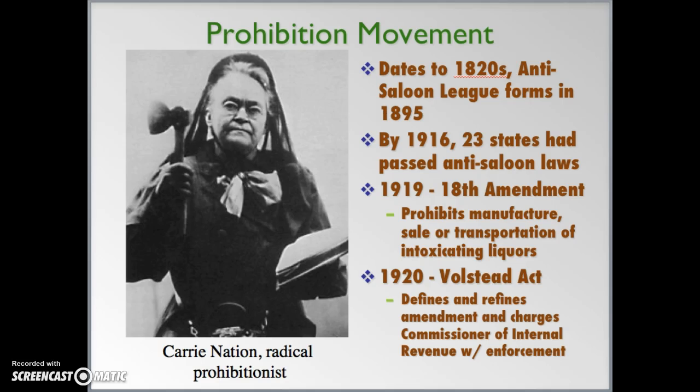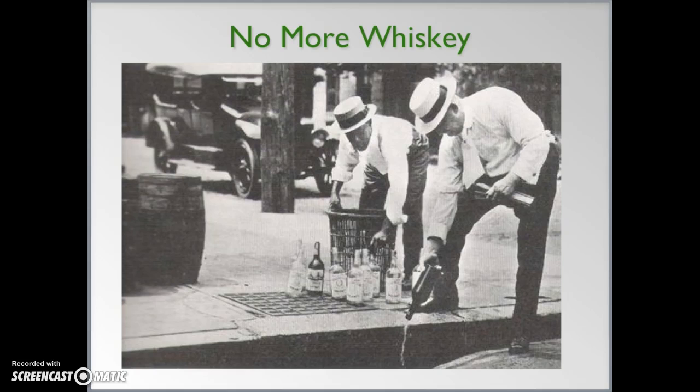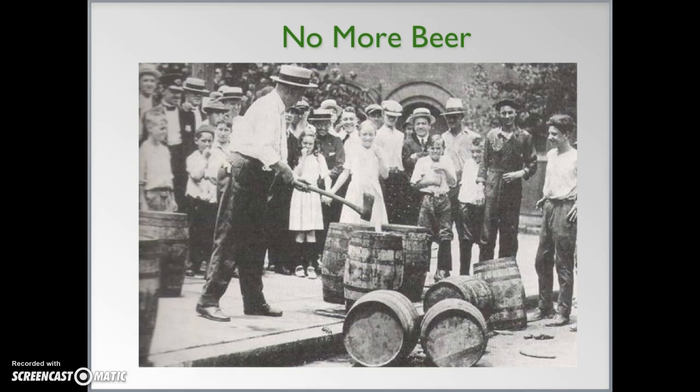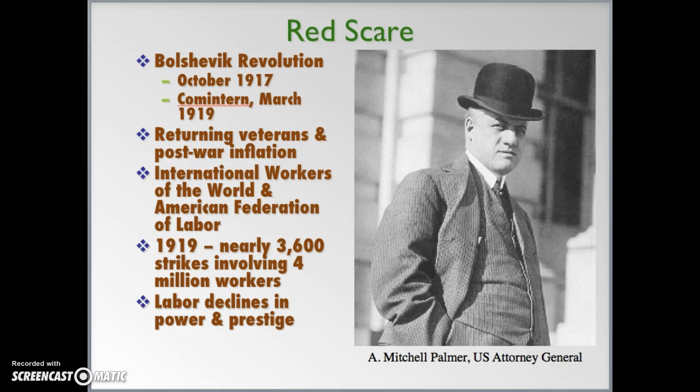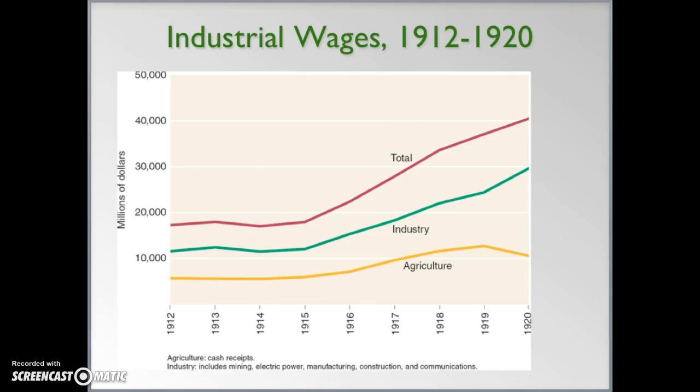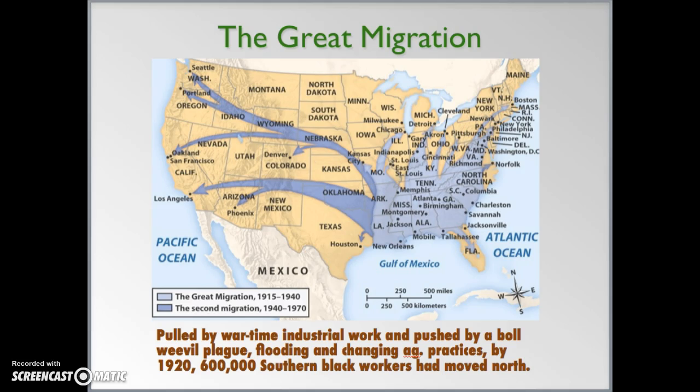Prohibition movement gains traction and is actually passed during this period, right, immediately following World War I. Oh, the sadness, the sadness. Goodness, goodness. And as always, I run out of time for the Red Scare, so let's move real quickly to the Great Migration. As a result of World War I, many African Americans moved to the north. Done. End of rant.